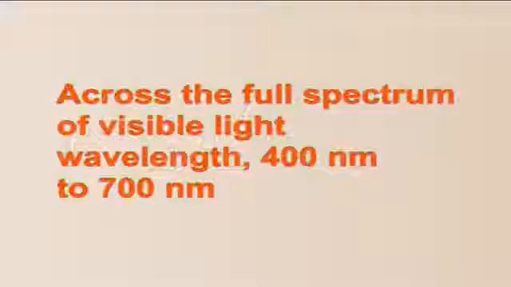Conclusion: a spectrophotometer is an instrumental technique which is used to measure the reflectance or transmittance of light of an object across the full spectrum of visible light wavelength, 400 nanometer to 700 nanometer. The spectrophotometer works on the basis of Beer-Lambert's law. It offers greater specificity, making it the instrument of choice for food product color formulation, specification of standards and tolerance, interplant color communication and color quality control in processing operations.